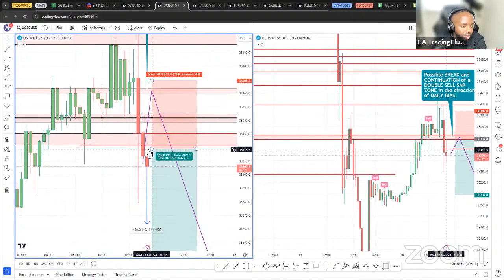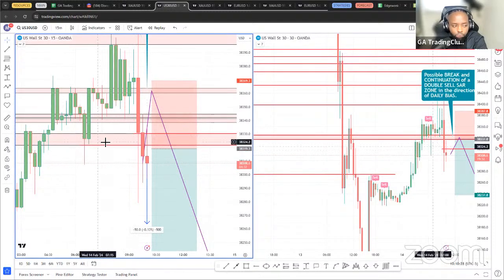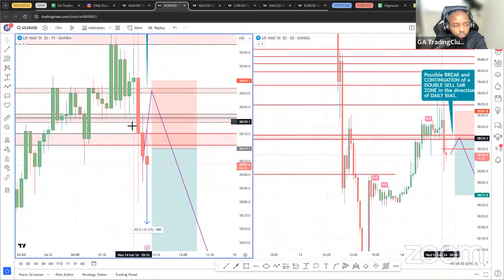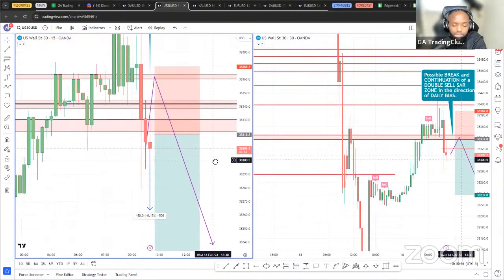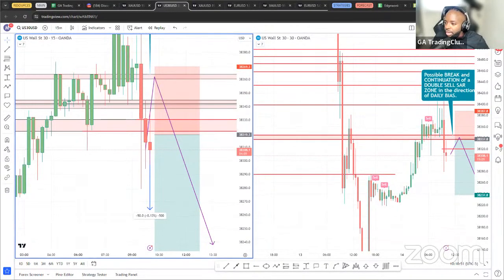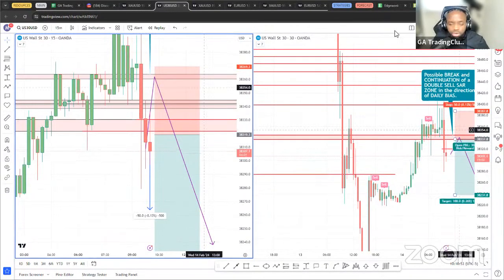So if this one closes around here, now I would be geared towards taking this, because this is only one zone. So these one, two, three zones are irrelevant if you're looking only at this zone, because this zone has its own setup that's only been broken and continued by two 15-minute candles. So if this one closes as well, now this is a trade I might be looking to hop into. So that gold trade, and if you look at US 30 on the 5 minute,